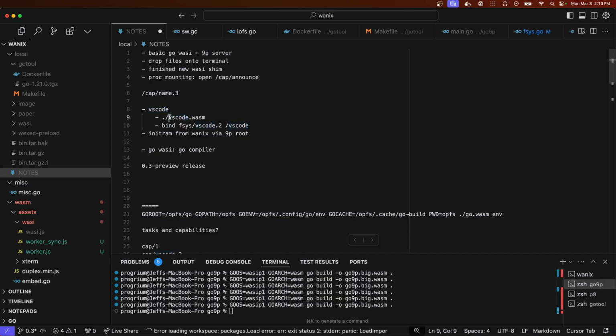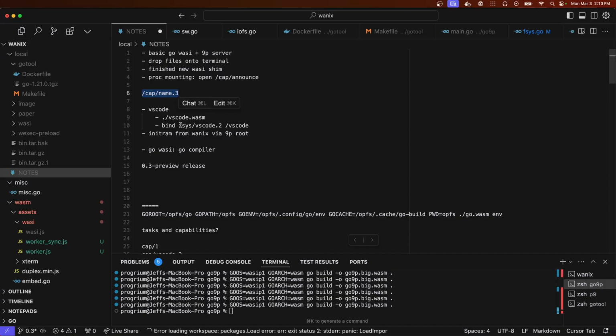It doesn't have a terminal or file system, but it works. So we could package that up into a Go binary compiled to WASM that then just serves that, basically announces that file system of those static files.